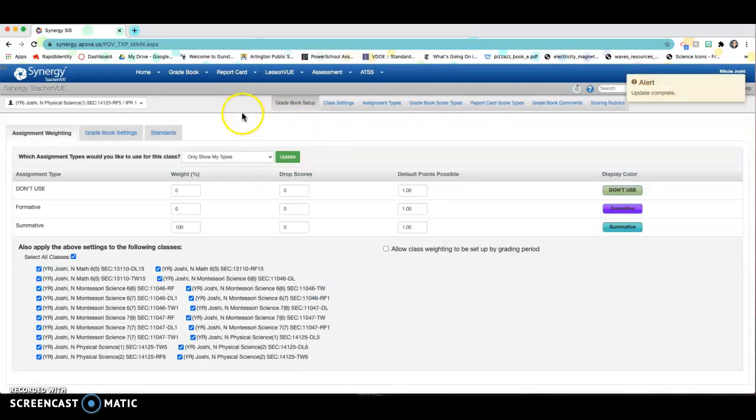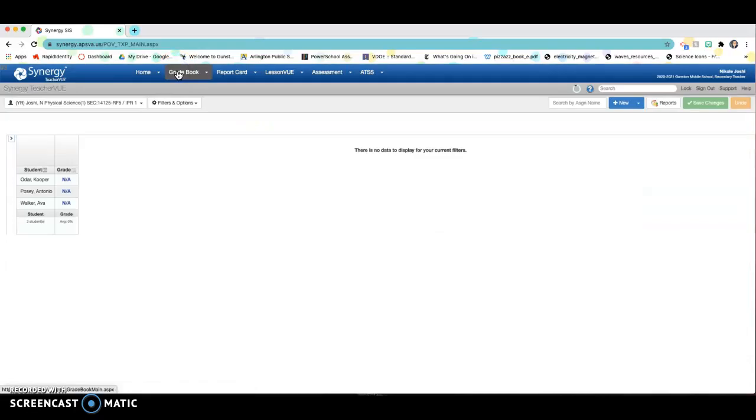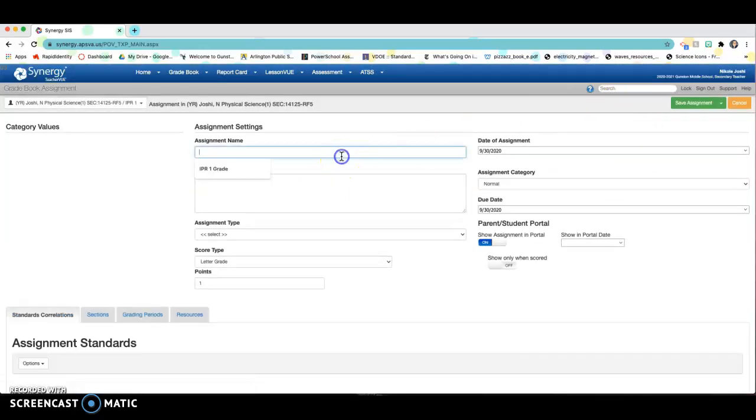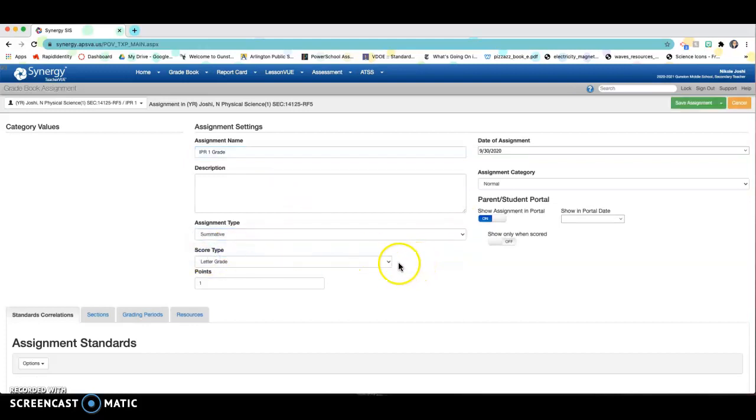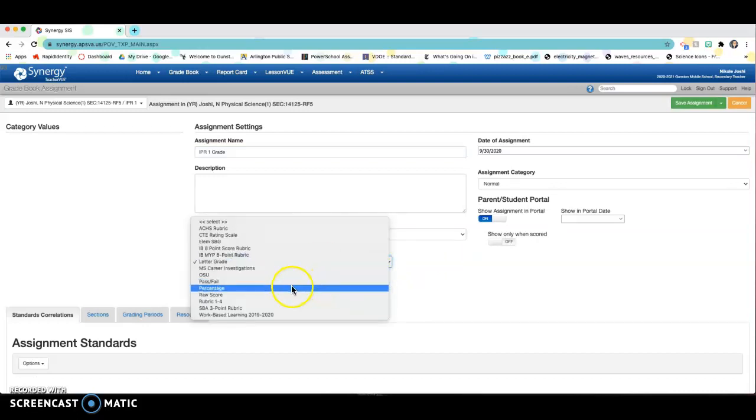Okay, so once that's done, you're then going to go to your Gradebook main page, and you're going to create an assignment. You're going to click on New. Make the assignment name IPR1 grade. Then you're going to change the assignment type to summative. And then for the score type, I think it automatically comes up as percentage, but you're going to click letter